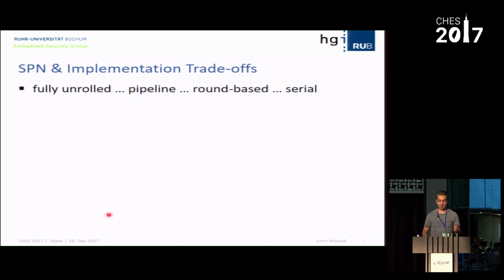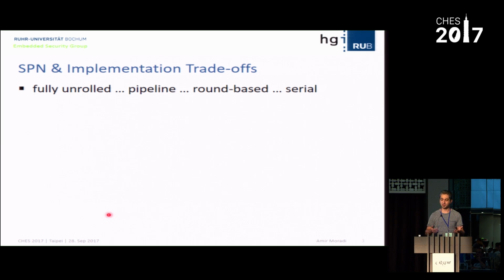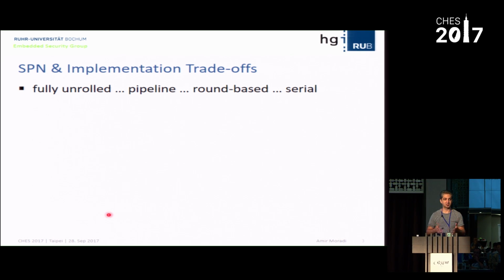It's completely clockless. Or you have the pipeline architecture, which means that you put a register between the rounds of the cipher, and then you increase the throughput. But of course, you have a bit higher area, and you increase the throughput, but at the price of the latency. And you have a round-based architecture, because as I said, SPN constructions usually follow a round architecture, and then you have one round, and every clock cycle, just one round is updated. Or you have a serialized architecture. But this serial architecture is actually limited to the size of the S-box.